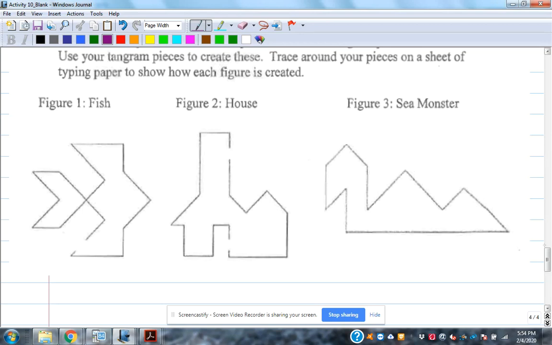So if you get frustrated with the Pentominoes or the Tangrams, take a break. Come back to it in a day or so. Your brain will have forgotten all the things that you tried that didn't work, and you will get to try all of those things wrong again and maybe stumble into the right one. So if you want to take the Tupperware of Pentominoes with you, you are welcome to do that. But bring those back next week. If you want to make yourself a set of